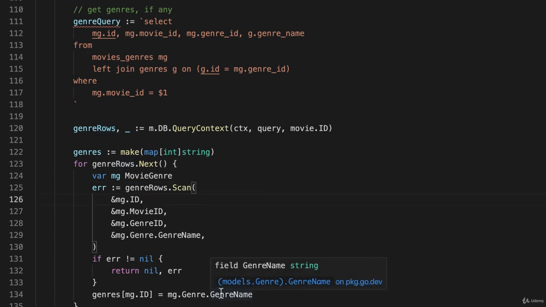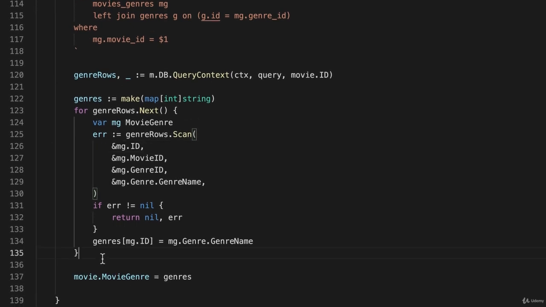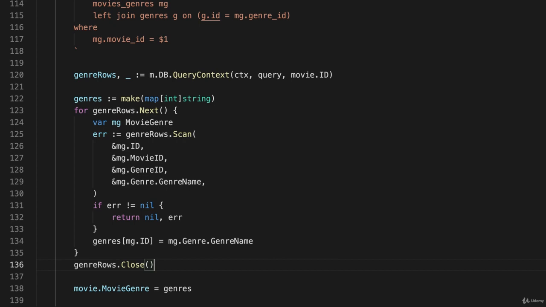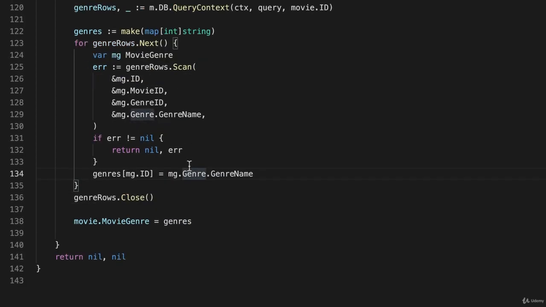And I think that's all pretty accurate there. But down here, after we finish the for loop, we want to say genre rows close. We'll manually close that because that won't execute until this loop is finished, so that should be fine. And we have movie genres equals genres, and down here instead of return nil nil,